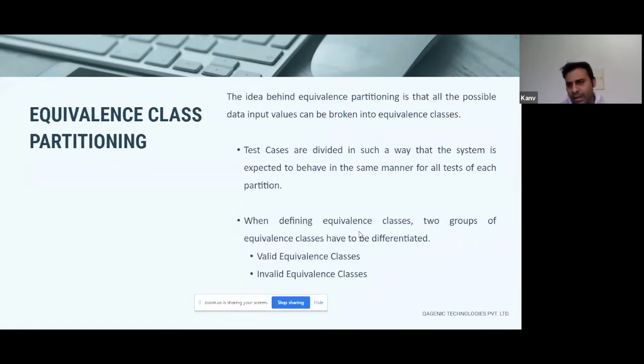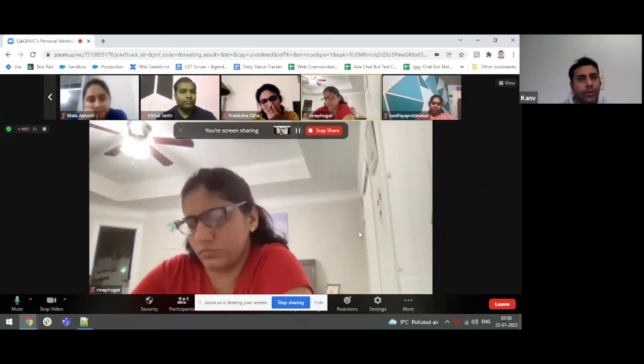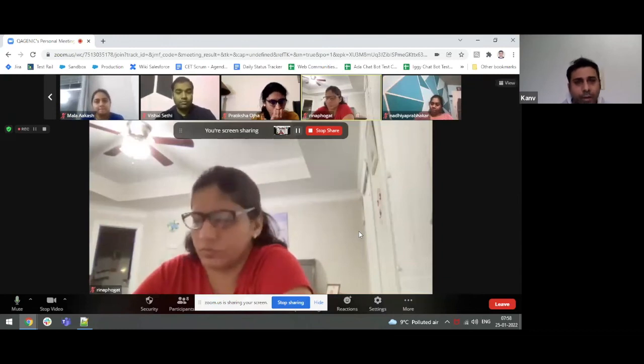So the idea is that depending on the size of the range, you take that many values. You can't possibly test with every single value, right? You go mad testing. Okay, if I'm 1, should I be able to register? 2, 3, 4? You can't do that, right? Because the number series is infinite in this example. So instead of taking all of the numbers, you test with a certain set of numbers. You can pick randomly. There is no exact science behind it.